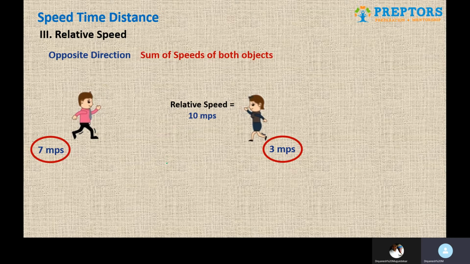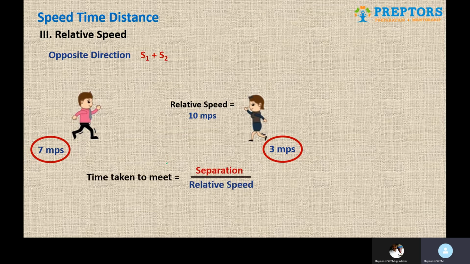Apart from that, there is a simple formula for relative speed that you can also remember, which is time taken to meet or cross. It is the same formula. Why meet or cross? Because if the objects are moving in the opposite direction, then they will meet. If they are moving in the same direction, then one of the objects will cross the other object, and hence the formula is the same. So time taken to meet or cross is given by a generic formula you should remember, which is separation upon relative speed.